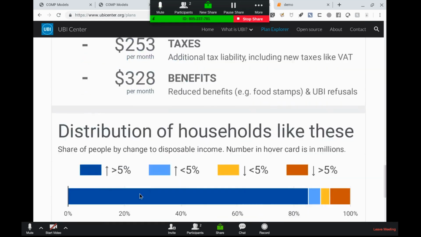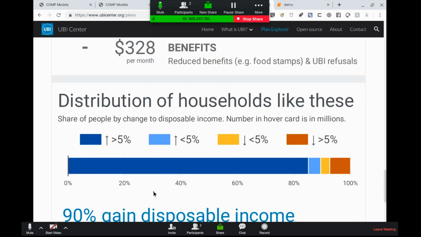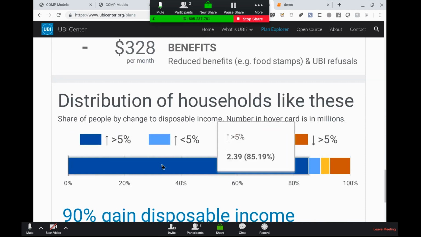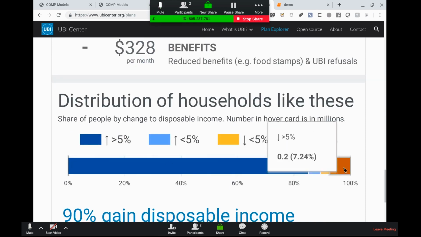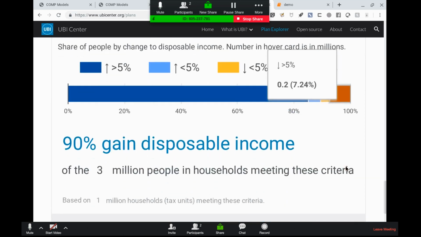And it's still about 90% that gain. 85% have a disposable income change of 5% or more. But these are mostly at this level people who have a certain level of benefits that exceeds the amount that they would get in UBI. So they're basically declining the UBI, but they're still paying VAT, carbon tax, those kinds of things. So that'll put people into this bucket. Also shows the number of people.